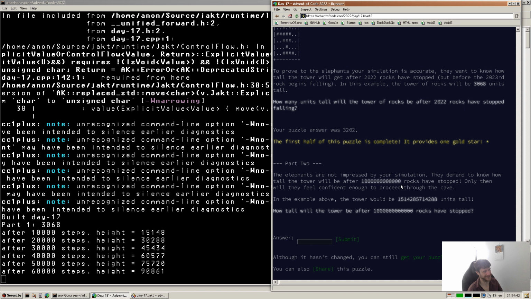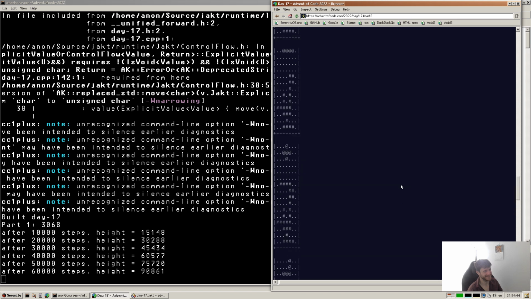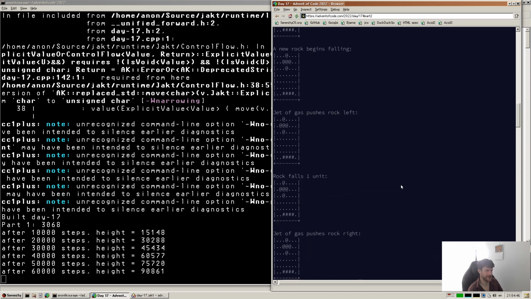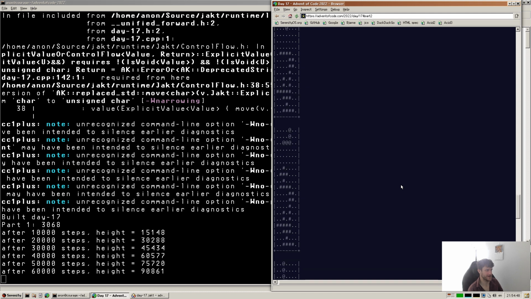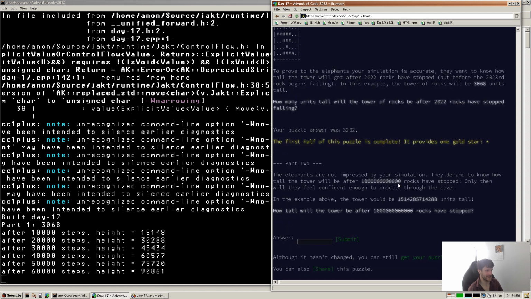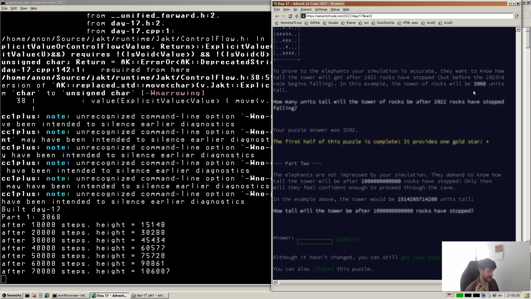Might have a think on how to do the simulation without doing the simulation, if that makes sense. Because there could be some mathy way to just put it in an equation. But yeah, I think for now I'll leave that running and see what happens. Otherwise, we got part one done, and that's cool. Progress has